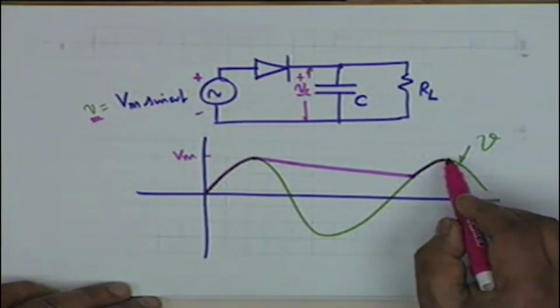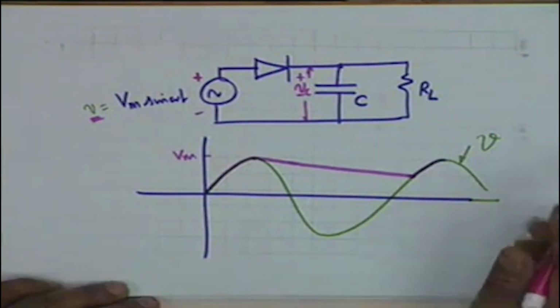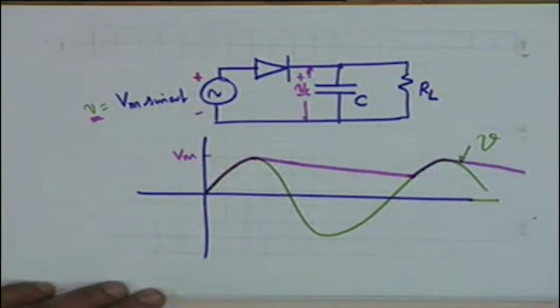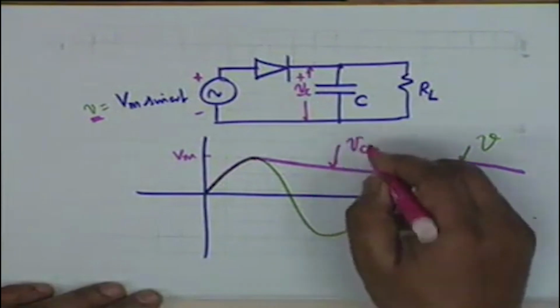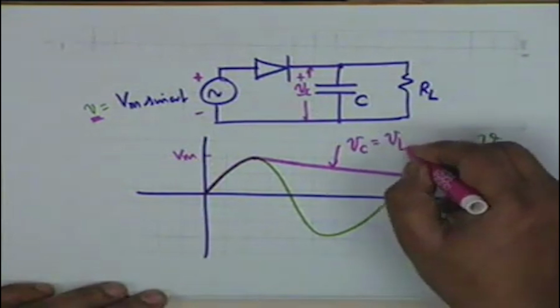Then once again the diode ceases to conduct, and therefore the capacitor once again starts diminishing like this. This is the waveform of V sub C, the voltage across the capacitor, which is the same as the voltage